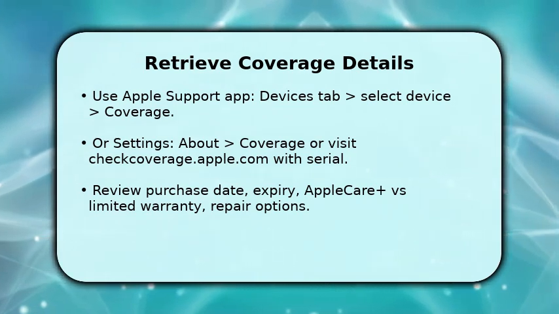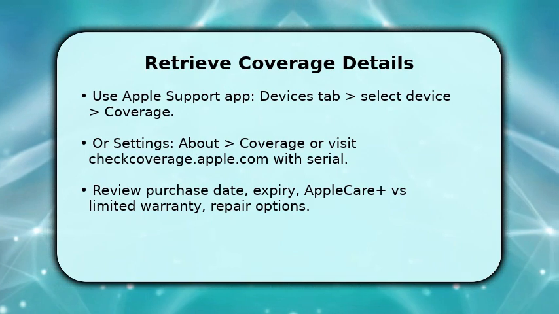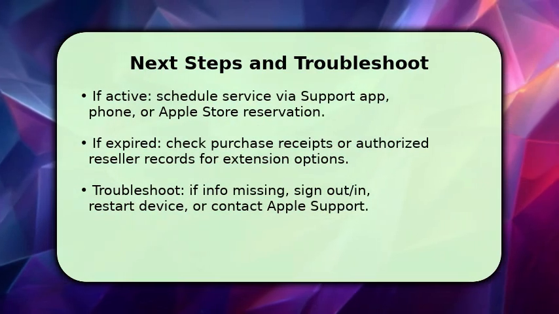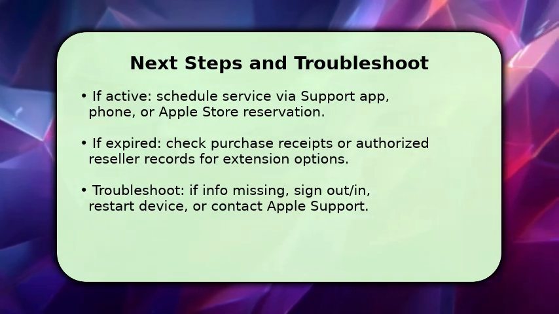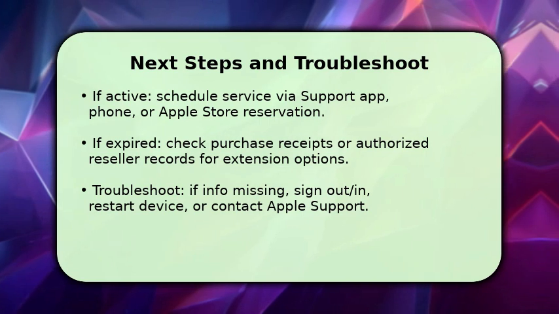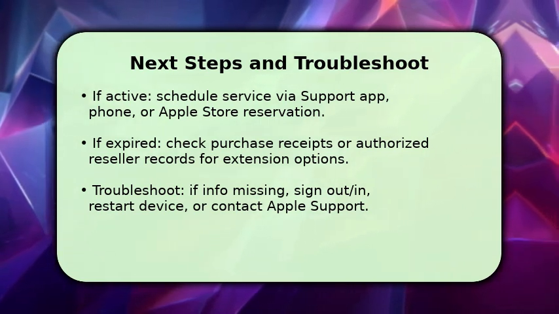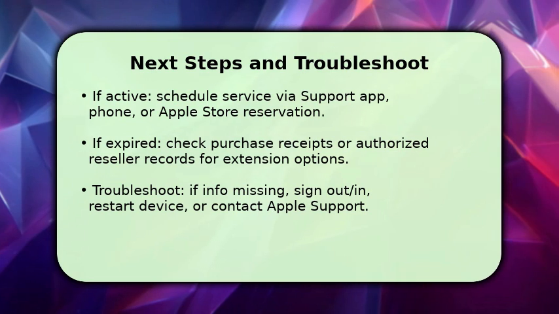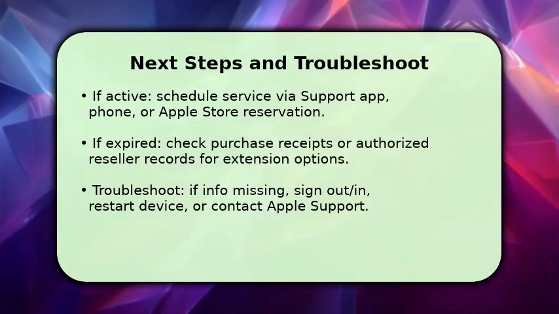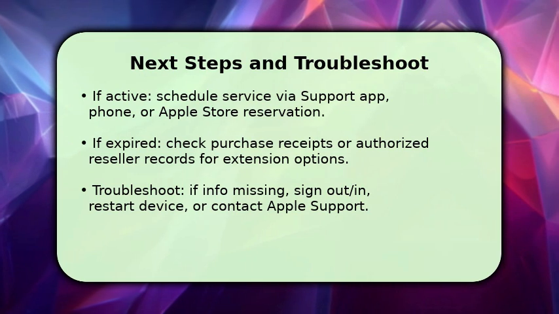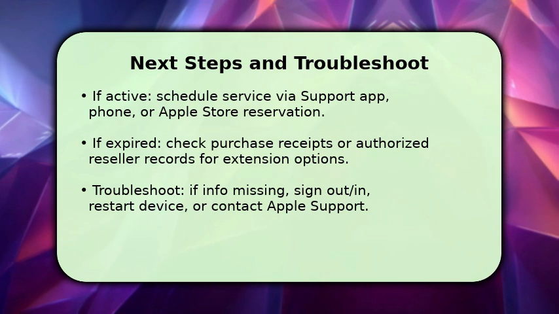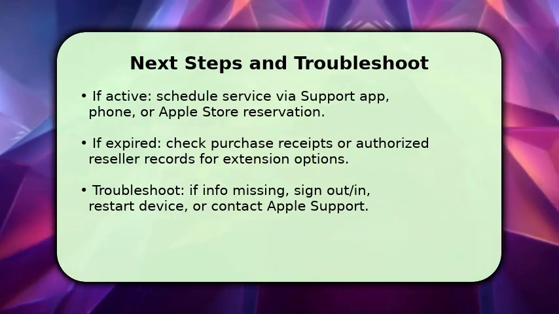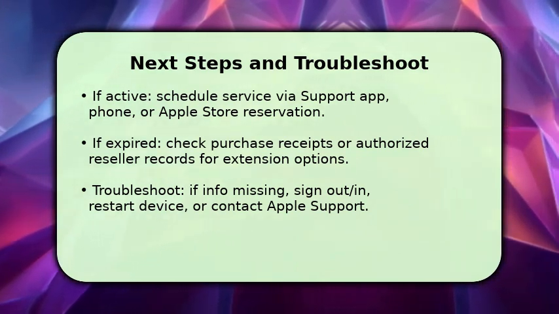Finish by acting on the coverage you found. If AppleCare is active, schedule service through the Support app, call or book an Apple Store appointment, and prepare your serial and receipts. If coverage is expired, check receipts or reseller records for possible late enrollment or replacement options. Make sure to back up your device before any service. If coverage details are missing or incorrect, try signing out and back into your Apple ID, restart the device. And if that fails,